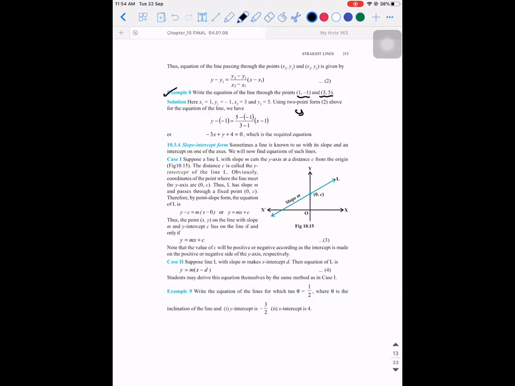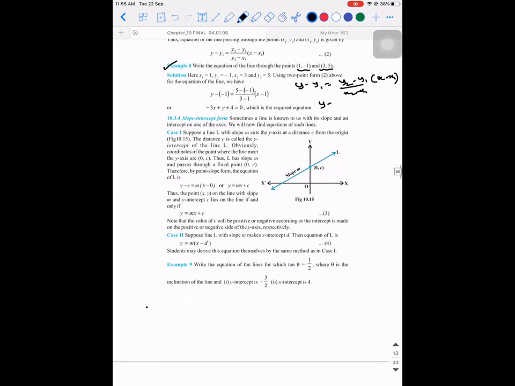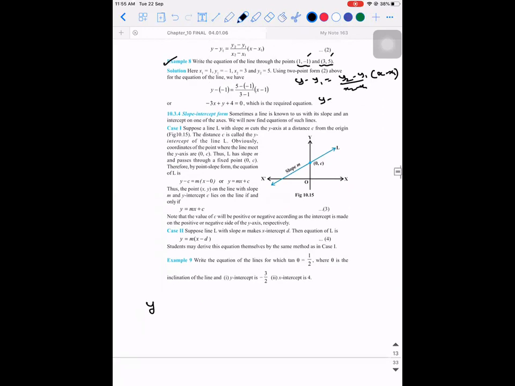So what is the formula? y minus y1 is equal to (y2 minus y1) by (x2 minus x1) into (x minus x1). Correct? So this is the formula. Now tell me which one you want to take as y1, minus 1 or 5? There are two values of y, minus 1 and 5. If you take minus 1, then it will be y plus 1 is equal to (5 minus of minus 1, that is 6) divided by (3 minus 1, that is 2) into x minus